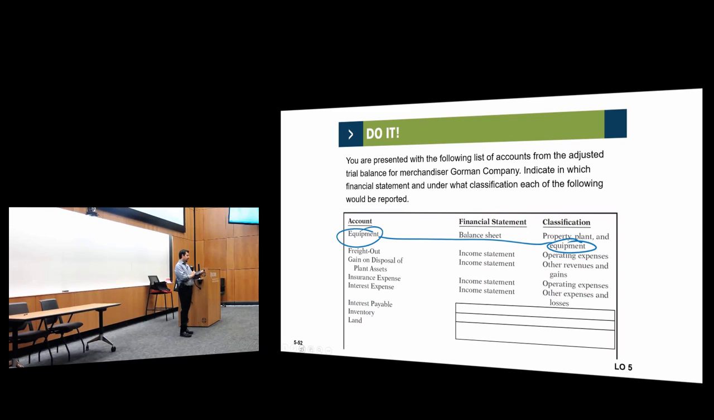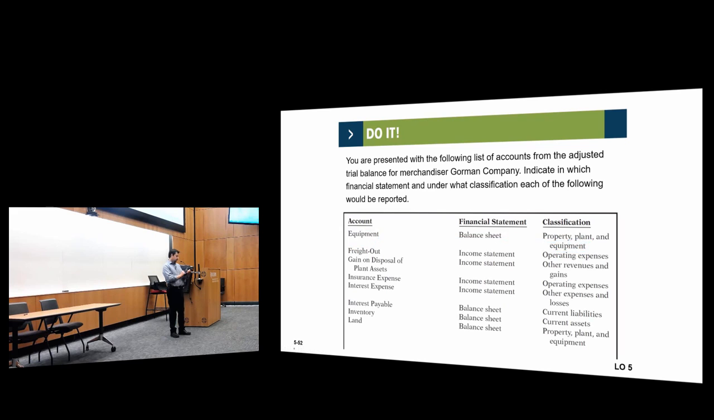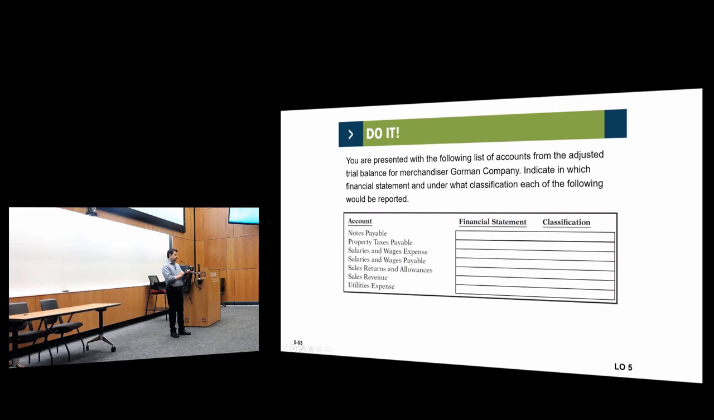Interest payable, balance sheet. And this is a liability, current liability. Inventory, balance sheet, current assets. Land, balance sheet, and property, plant, and equipment. Notes payable, long-term liabilities. Usually the assumption is that most notes payable are due in several years. Now, notes payable that are due this year will be current liabilities. They are called current maturities of long-term debts or something. So property taxes payable,